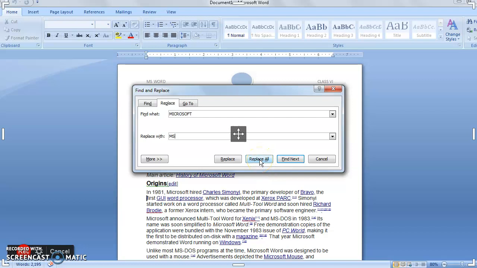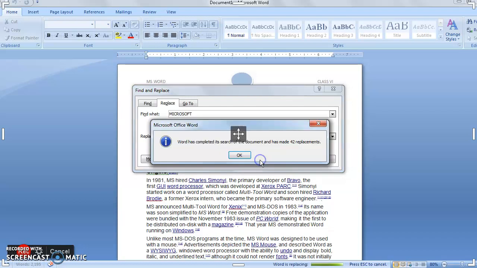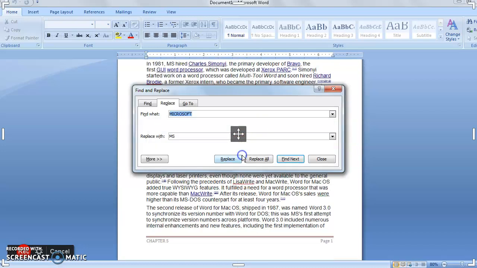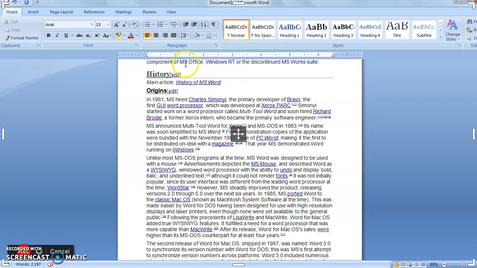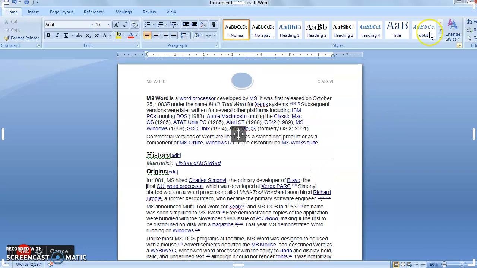It means wherever Microsoft Word is written in our document, it will get replaced with MS Word. And then another message will come that Word has completed the search of the document and has made the number of replacements. Here in my document, Microsoft Word was repeating 42 times. See, it is replaced by MS Word.